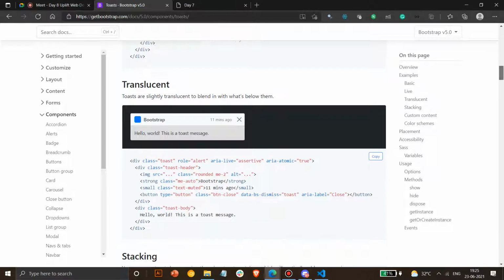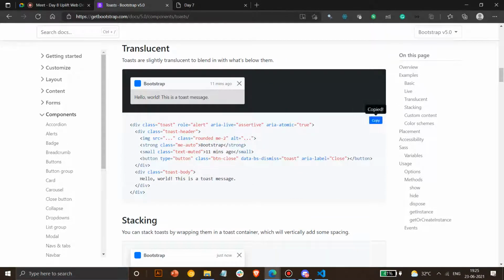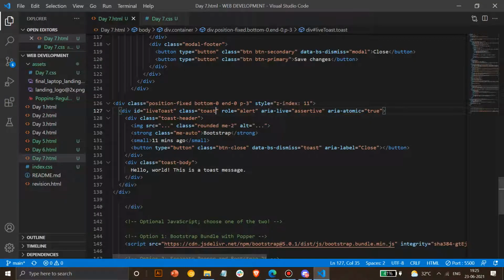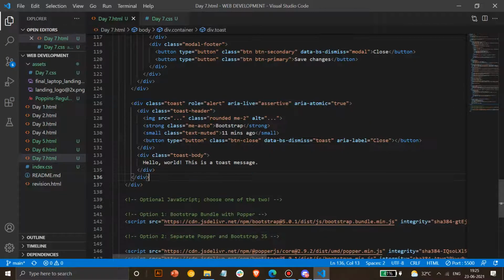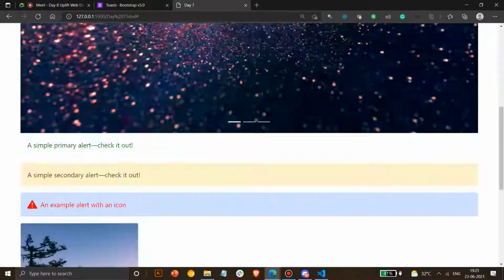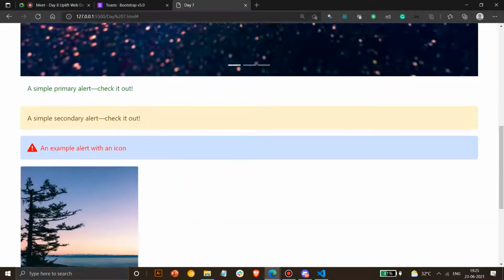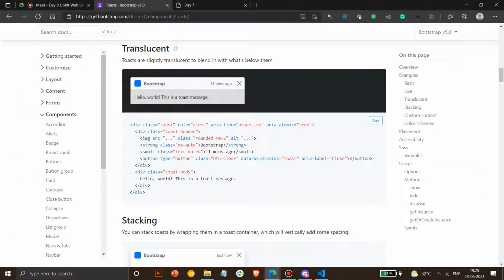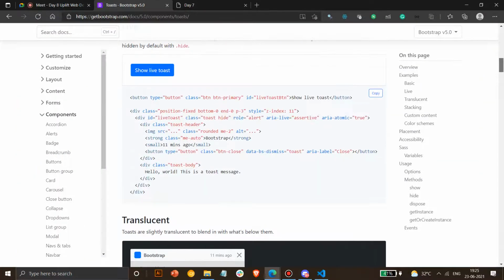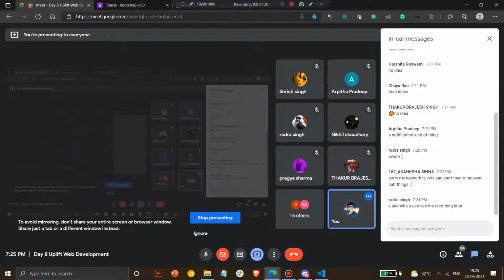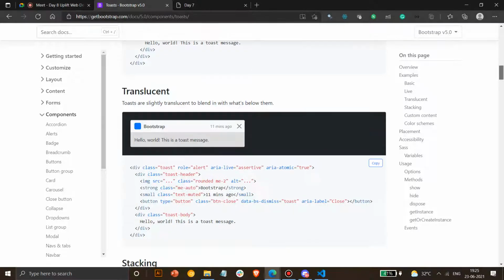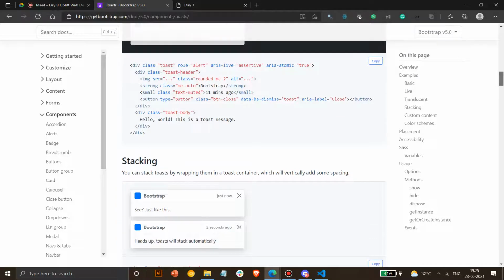I don't know why it's not showing. Let's try this one. I don't know why it's not working on my computer. It might happen if you are having network issues. I'll of course upload this. You can check that out there.